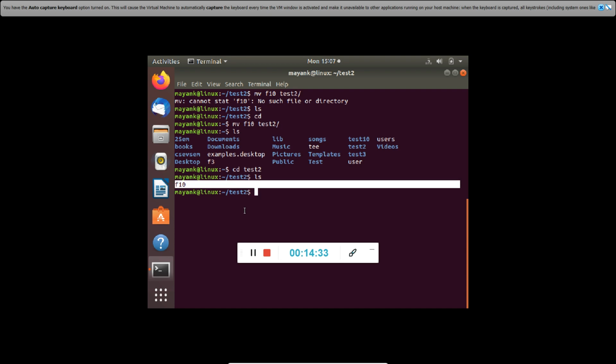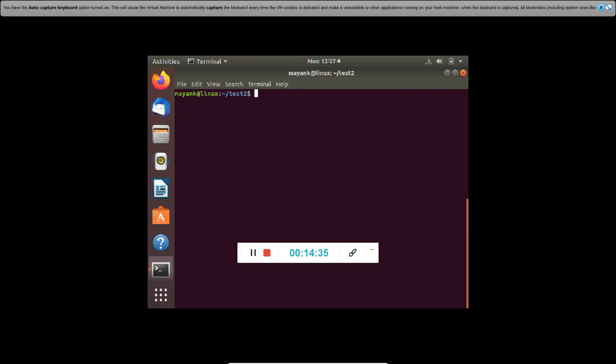So this is how we use the move command. The remove command, copy command and move command: these are the 3 more basic commands which we have seen today. Having seen all these things, we have seen the majority of the basic commands in basic Linux. We will be learning more commands as we proceed further in our lectures.